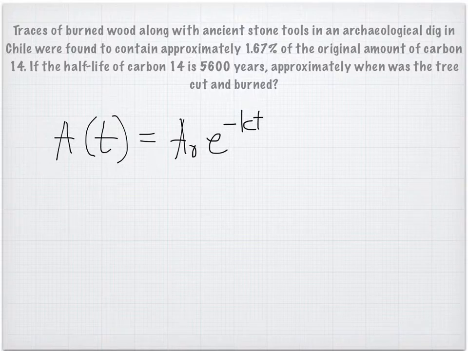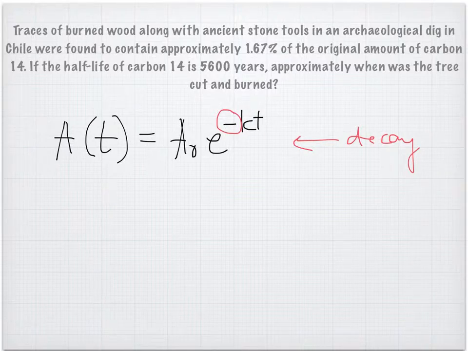Take note, I'm using negative because this is for decay. If it's exponential growth, then the negative sign will not be there. But the function that we'll be using will be A(t) equals A sub 0 e to the